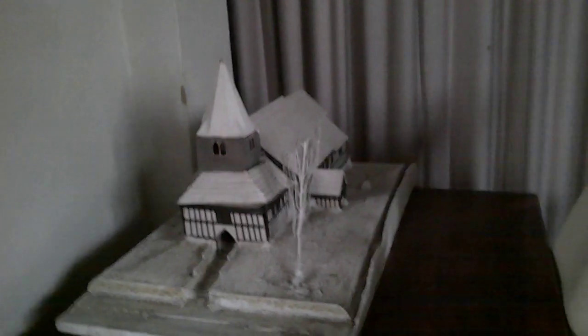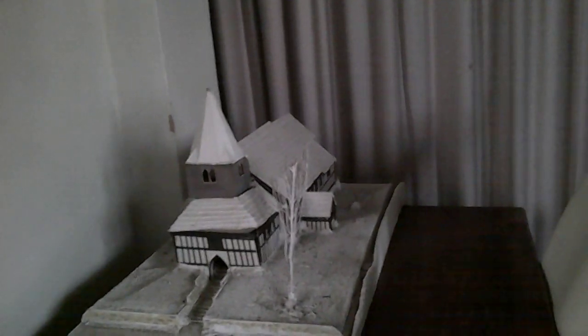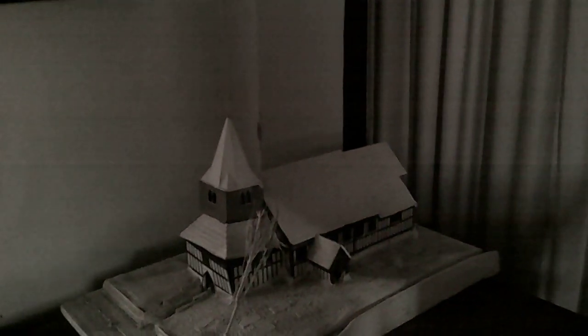And in here we've got a model of the church, and this is a good depiction. It's very difficult to get the church from the front because that's where the main road is. And this is, of course, Marton Church in the snow. We'll go outside, and we'll see, obviously, it for real. And here's a lovely, lovely picture of an old minister, and this is what a clergyman would